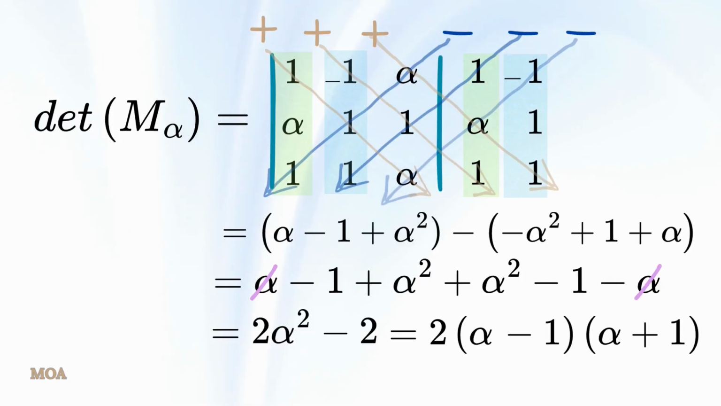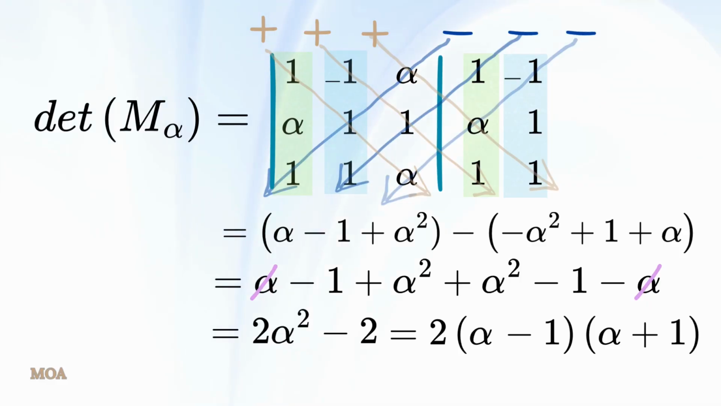In this second method, first we write the determinant of the matrix M sub alpha, and we rewrite on the right of this determinant the first and the second columns as shown above. Then we draw arrows through the first, the second, and the third diagonals as explained. Then we multiply the elements of the matrix, 1 times 1 times alpha,